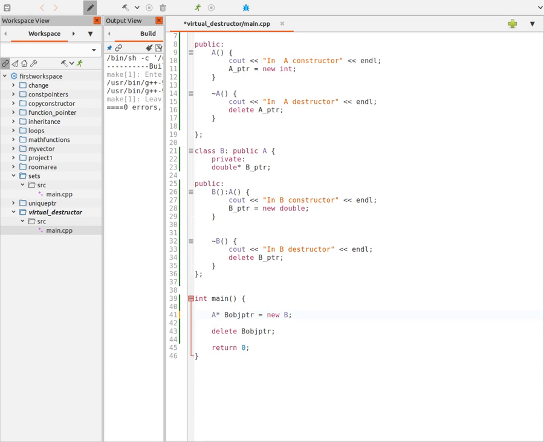Now let's try to change the pointer to a pointer of class A, and this is perfectly legal because B is a child class object and a pointer to a child class object can be assigned to the pointer of a parent class object. And let's also delete the A obj pointer. So when I run this,